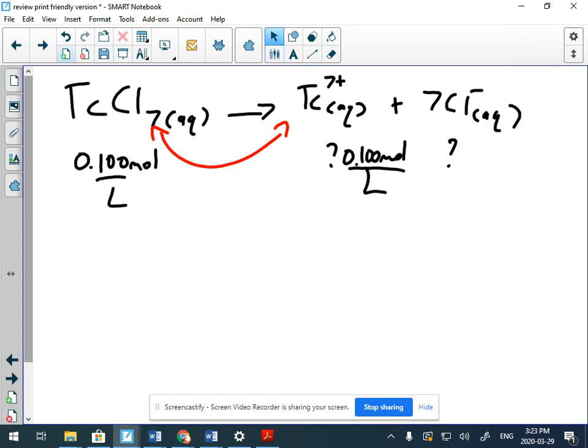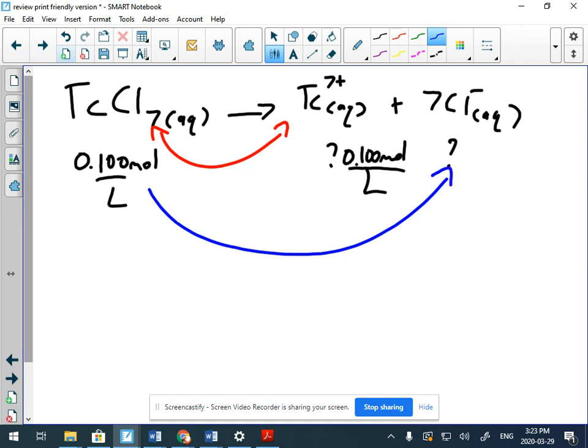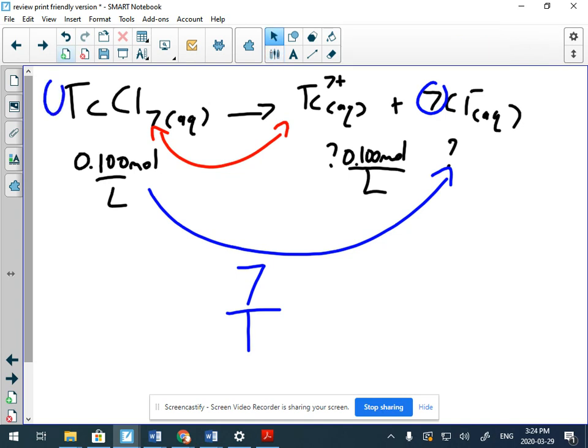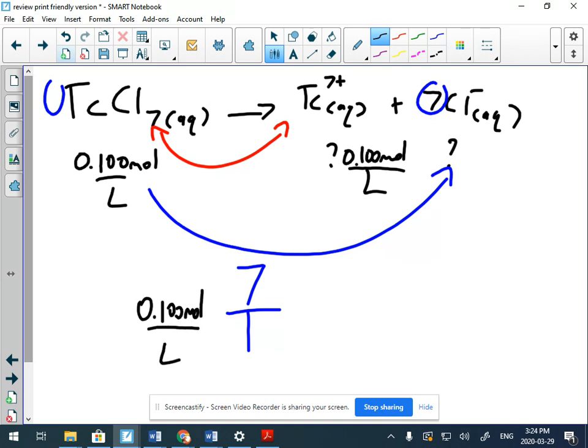But when we go from technetium to the chloride, times by where you're going, 7, divide by where you've been, 1. So the 7 is right there. That goes on top. The 1 is below. So our math is 0.1 moles per liter times 7 over 1. That's 0.7